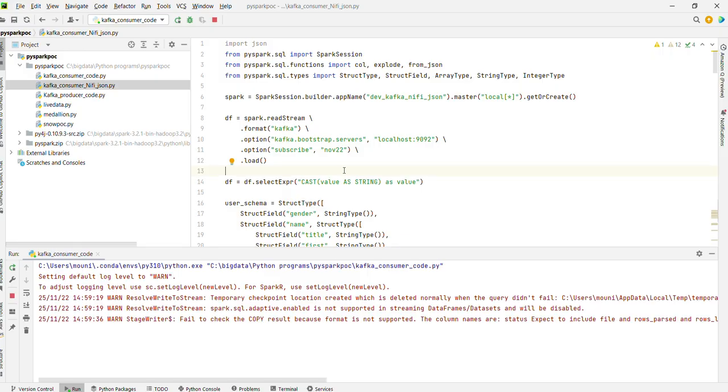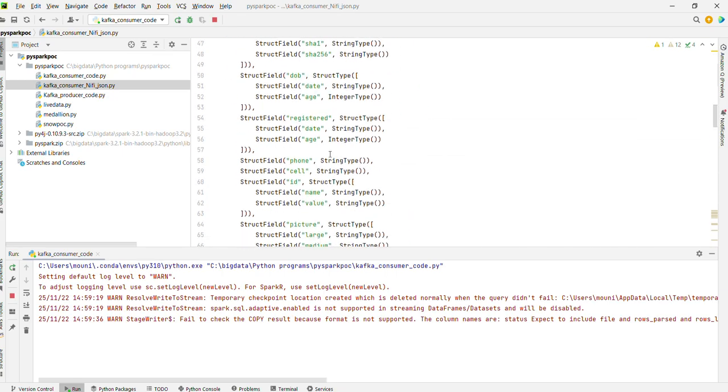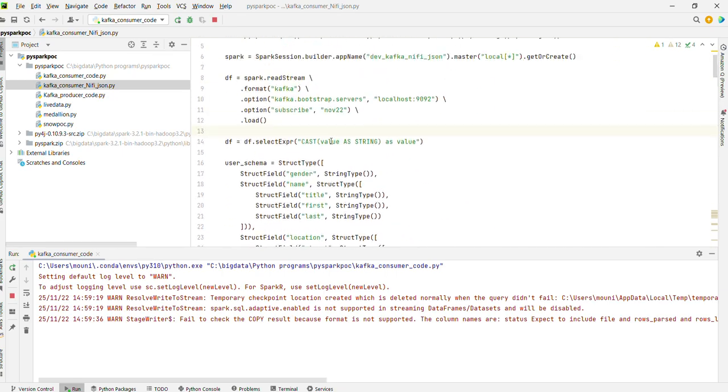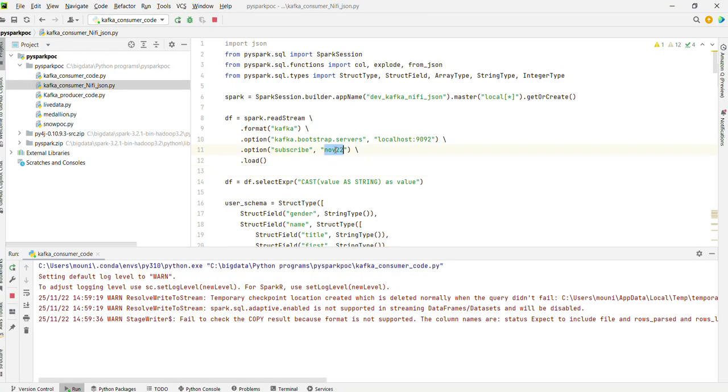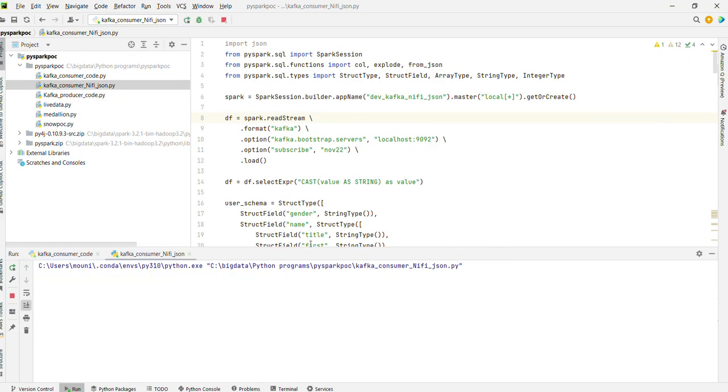Now we are sending that to the consumer and then to Snowflake. We are applying that structure also, and we subscribed to November 22. Now if I run this,